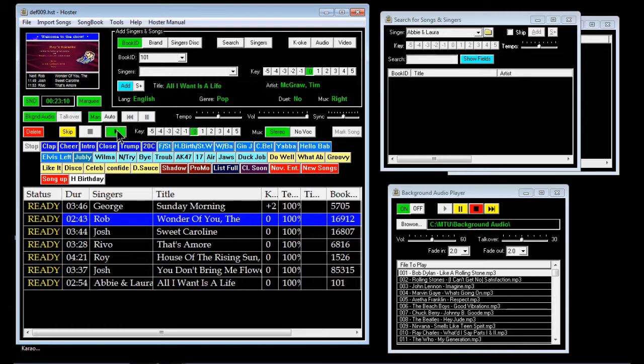Now that stutter in there is because I've got this screen grabber going at the same time. It wouldn't normally do that, so you have to bear with me. So this song fades in and Rob's singing his song. Well, we won't let that play all the way through because of the time it takes, but we can finish that song and it fades out. When it fades out, the next song fades in on the audio player, and then we can give another little